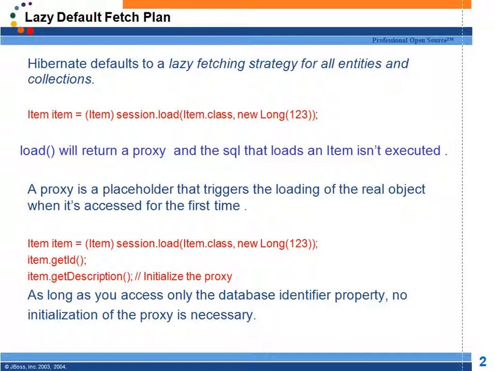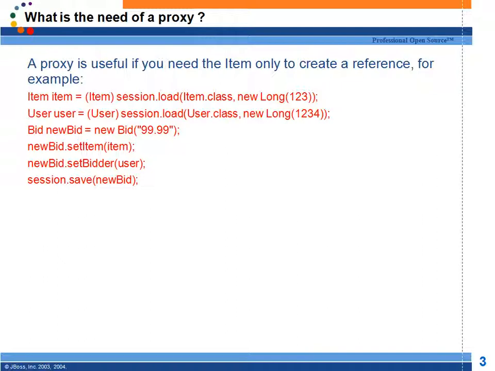This already you know. Now coming again, why do we need a proxy? See here in this case, I want to set a relationship. I have one item and one user. One user may have many items, right? I want to load the entities from database just for setting a relationship. I load item and I load user. Then I create a new bid object and set the item and also set the user. Now tell me what is the reason why I fetched user and item? Just for setting the relationship, right?